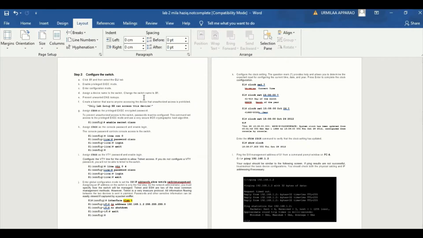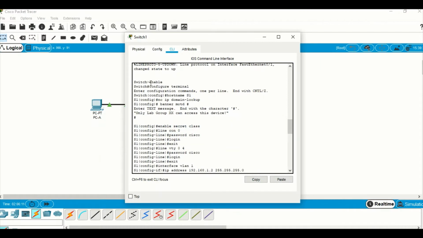we are going to enable the privileged exec mode. So now I've typed enable, and once we see the hashtag here, it indicates the privileged exec mode is activated. And then we enter configure terminal. It means the configuration mode is activated,